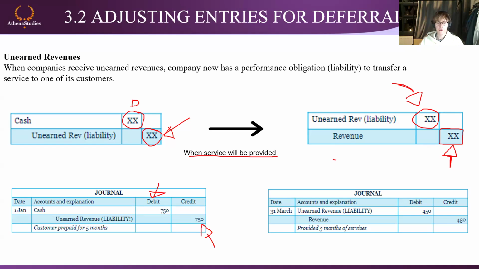Okay, that's because they use a different example, but I can use their example as well. It's because you guys are paying me for 5 months, let's say 5 months rent, right? Let's say you give me 5 months rent for 750. That's what it says here. So this is you guys. So I owe you 5 months of rent,